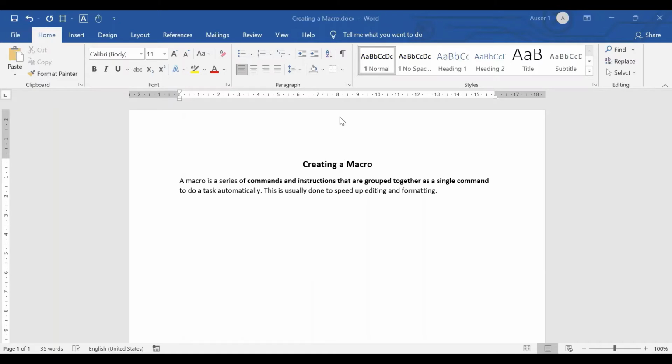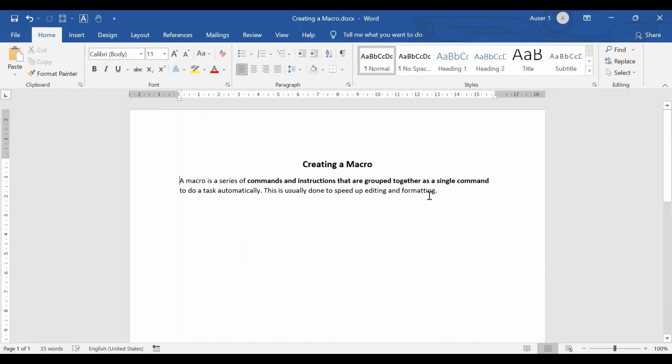First you need to create a macro and then you can run the macro. A macro is basically a series of commands and instructions that are grouped together as a single command to do a task automatically. This is usually done to speed up editing and formatting.